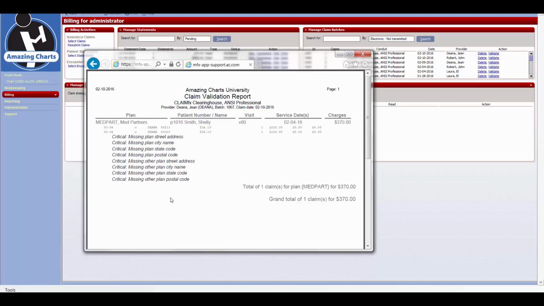So again, there are some common validation errors that clients get, and I do list them in the reference document for today and how to go about correcting those errors. So we can see for Shelley Smith, it says missing plan, street, address, city, state, postal code. I'm missing other plan, city, state, street, postal code. And what that means is for this patient's primary and secondary insurance, there is no address in the plan table